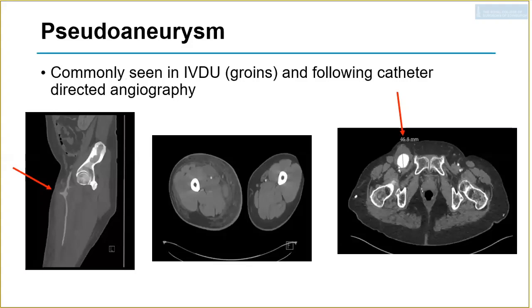Okay, let's move on now from abdominal aortic aneurysm. We're just going to briefly talk about other aneurysms. We talked about pseudoaneurysms before. Commonly you see that in IVDUs and also following catheter-directed angiography. On the left, there's a picture of an IVDU with the arrow pointing to the pseudoaneurysm. Typically these patients have been injecting into the vein. The vein is now thrombosed, and you can see in the picture in the middle here, the right leg is markedly swollen due to DVT. They then accidentally inject into the arteries, you then get extravasation and cause a pseudoaneurysm.